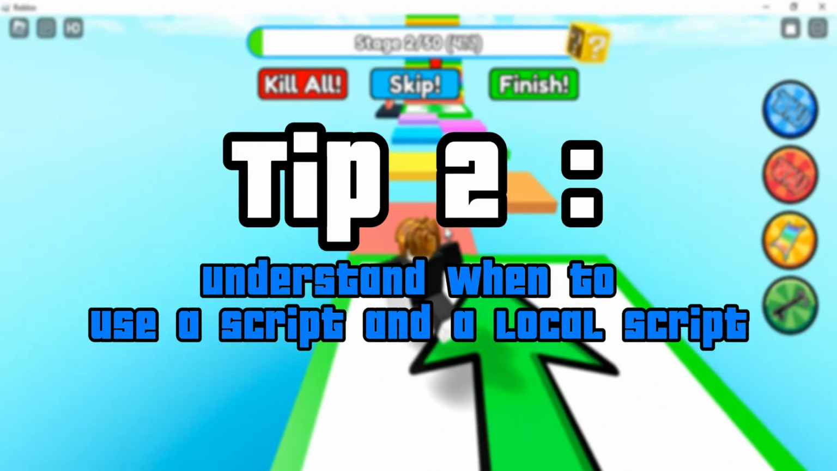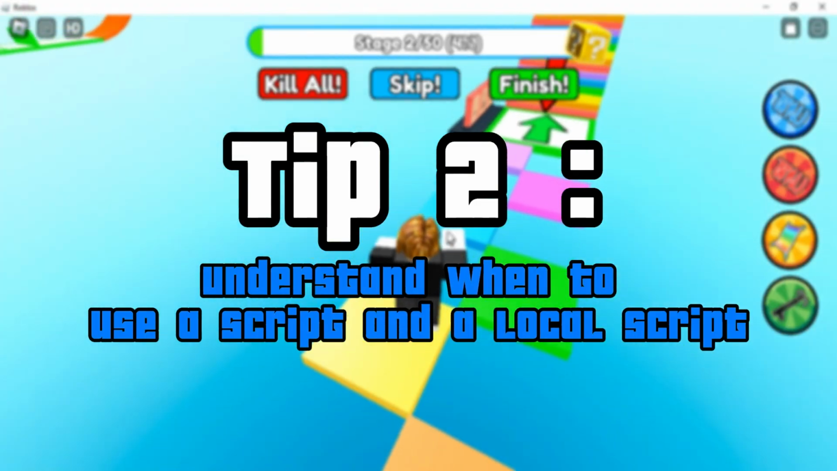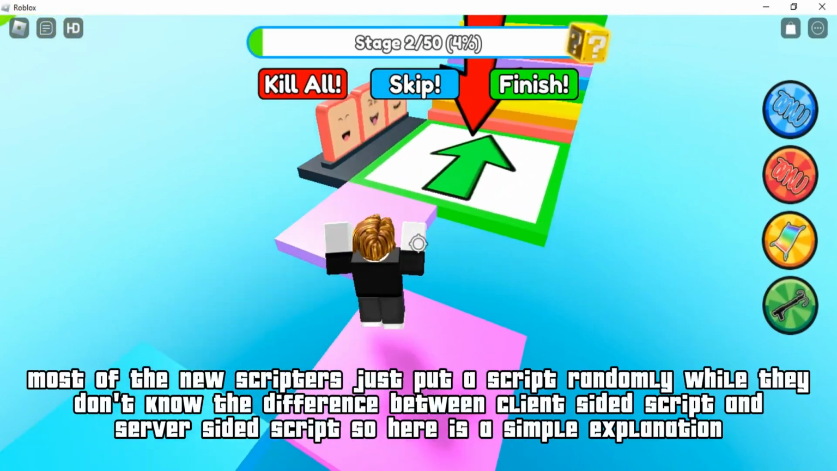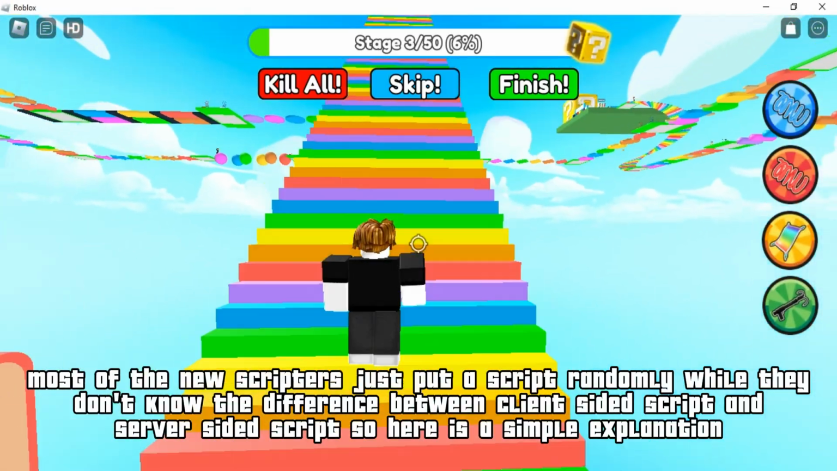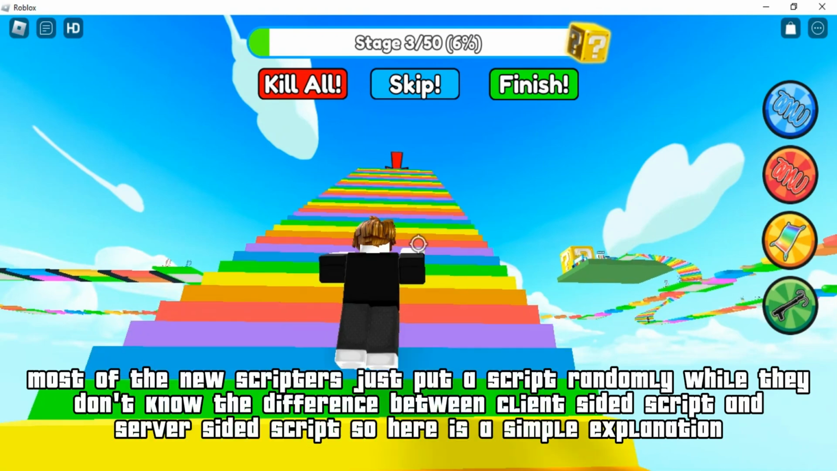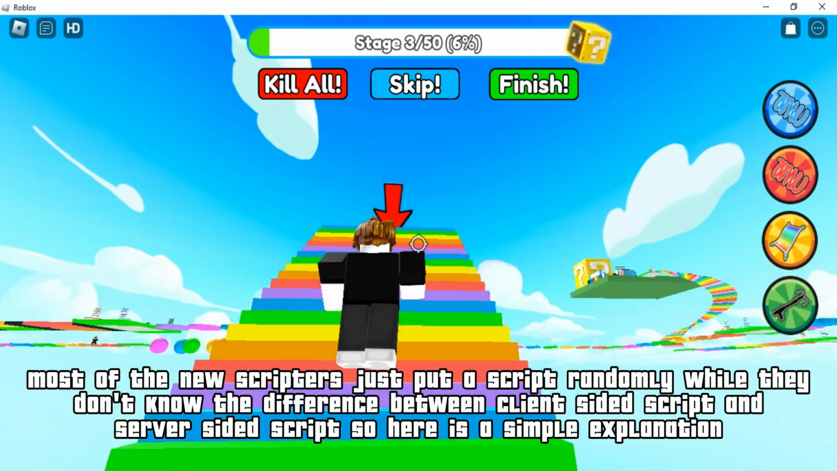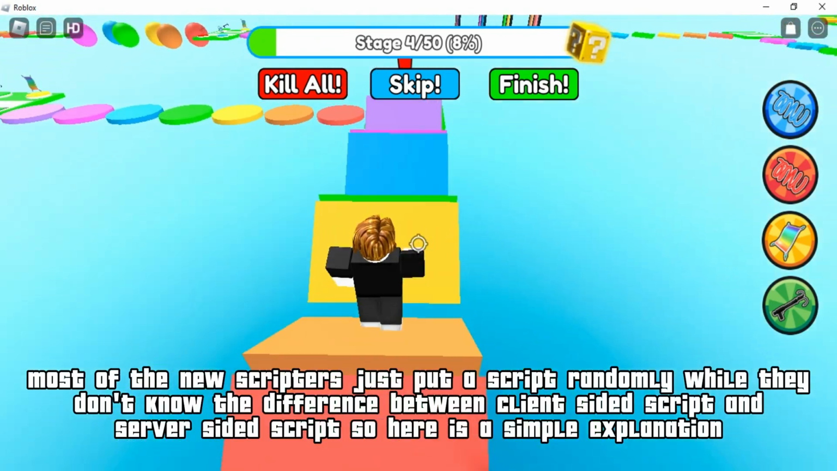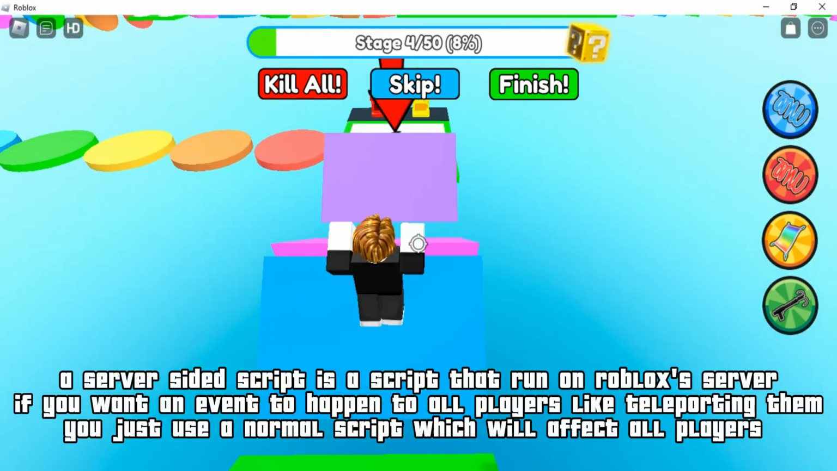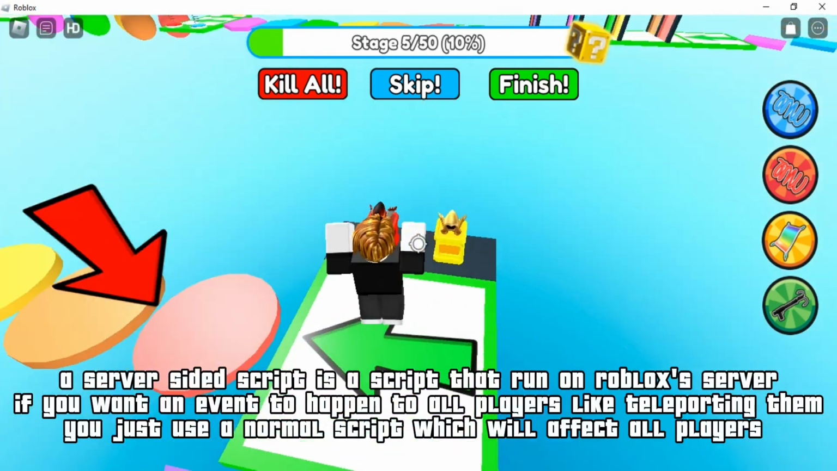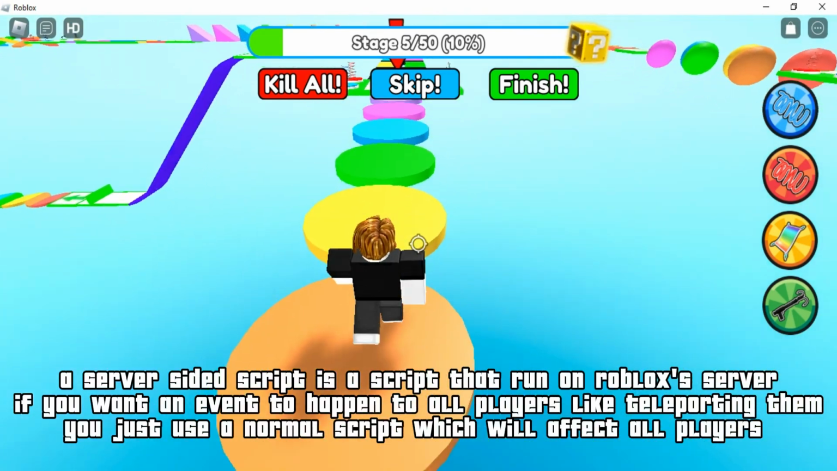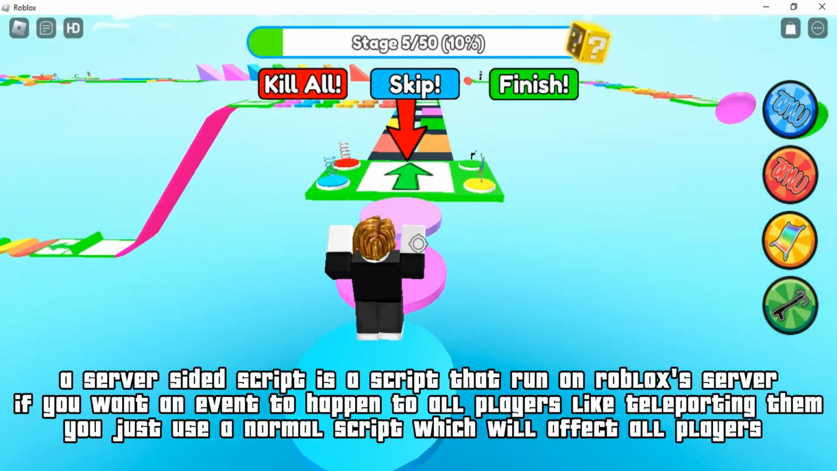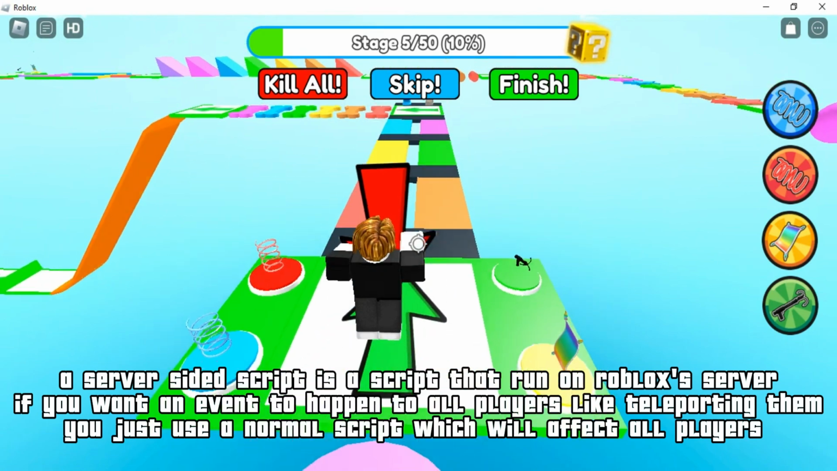Tip 2, understand when to use a script and a local script. Most of the new scripters just put a script randomly while they don't know the difference between client-sided script and server-sided script. So here is a simple explanation. A server-sided script is a script that runs on Roblox's server. If you want an event to happen to all players, like teleporting them, you just use a normal script which